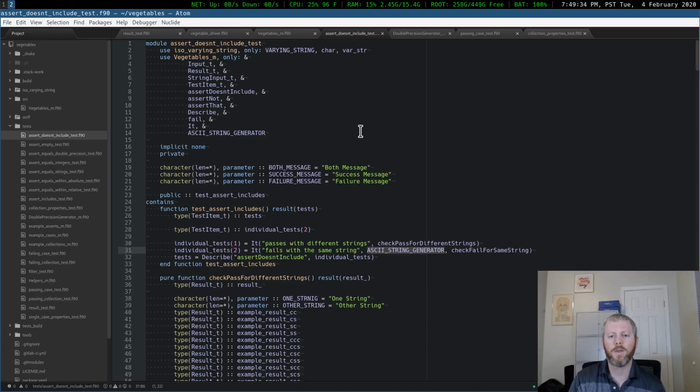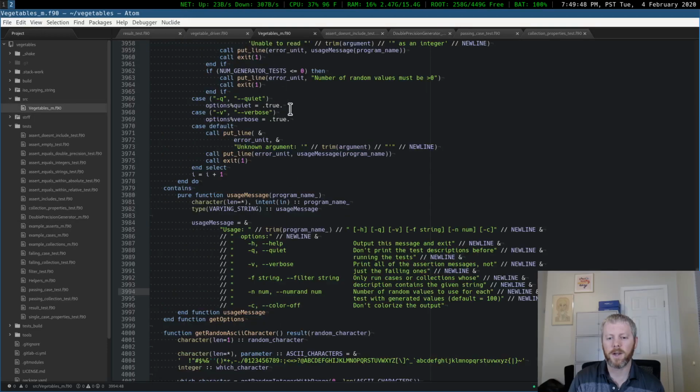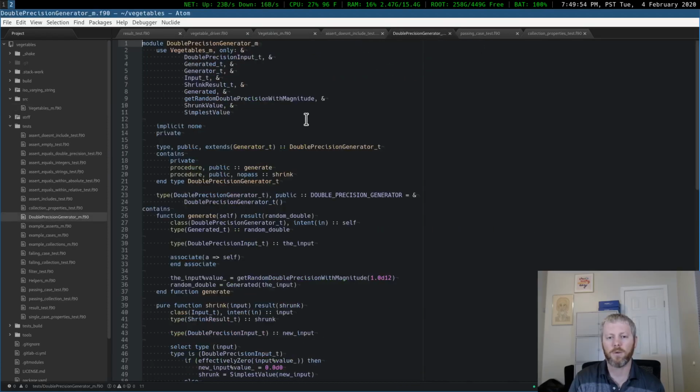So the way that this works is, let's look at an example of a generator that I've defined custom that isn't built in. The built-in ones are still defined the same way. They're just defined inside the vegetables testing framework. But you can, of course, create your own. So we'll look at this double precision generator that I created. It's just a type that extends from generator,